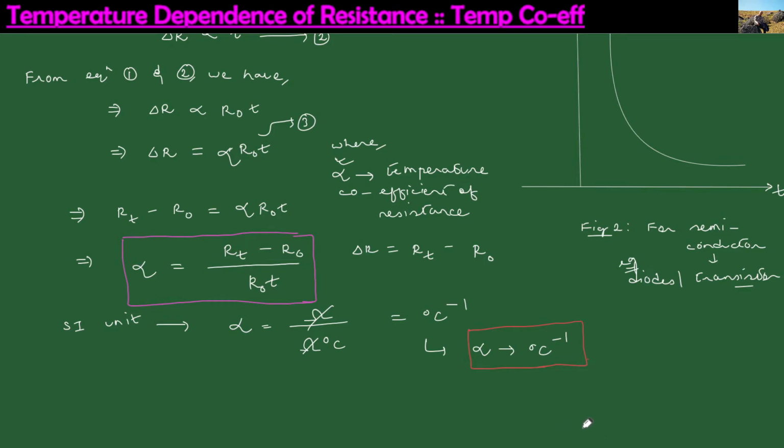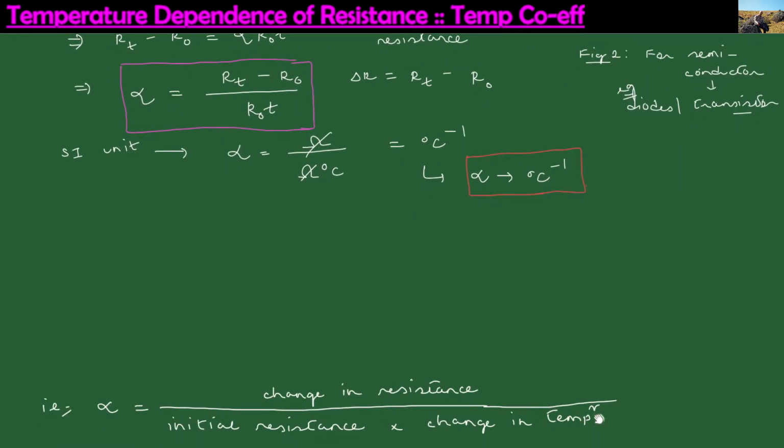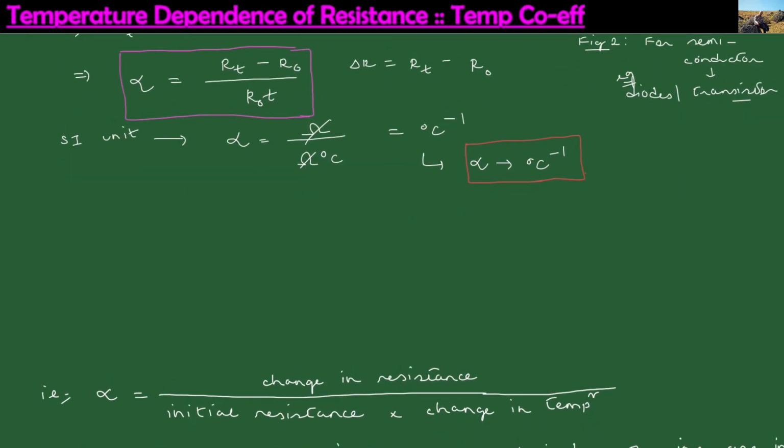materials into different types. We have metals, semiconductors and insulators. Before we go into those special cases, this temperature coefficient of resistance is the change in resistance. From the numerator term, it is very clear: RT minus R0 will be the change in resistance, and R0 is the initial resistance,